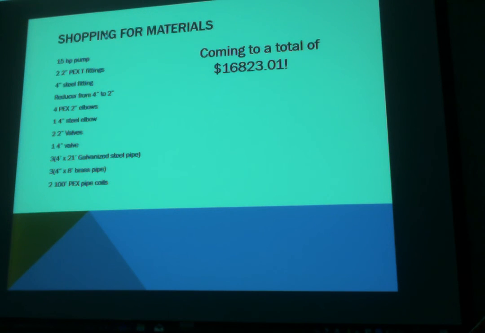Now, shopping for materials was the worst part of our project, as you can see, because our total came out to $16,823.01, with the bulk of our money being spent on galvanized steel pipe, brass pipe, and PEX pipe coils. However,